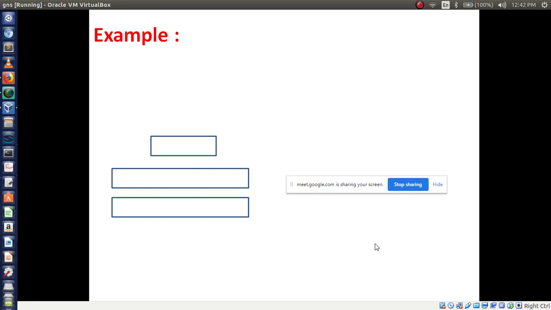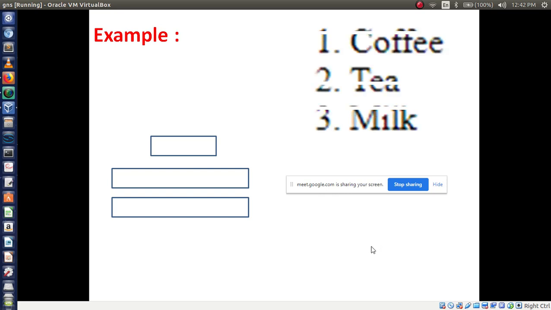Example of order list. So first I'm going to represent like this 1, 2, 3. So numbering is there, so for this I have to take OL tag. First I will take OL tag. Then followed by copy. I want to display copy, which tag should I use? LI. Then I have to write copy.